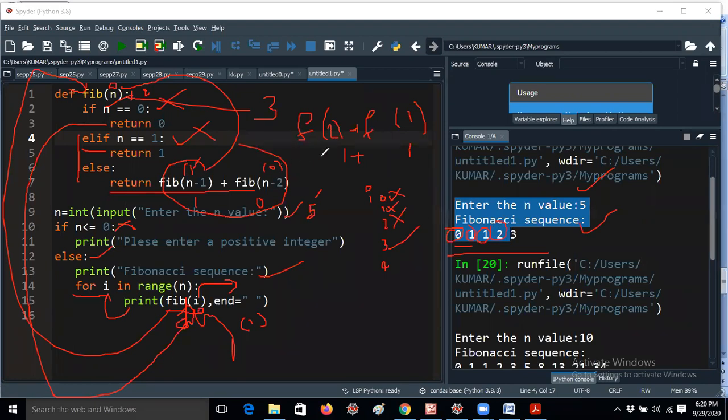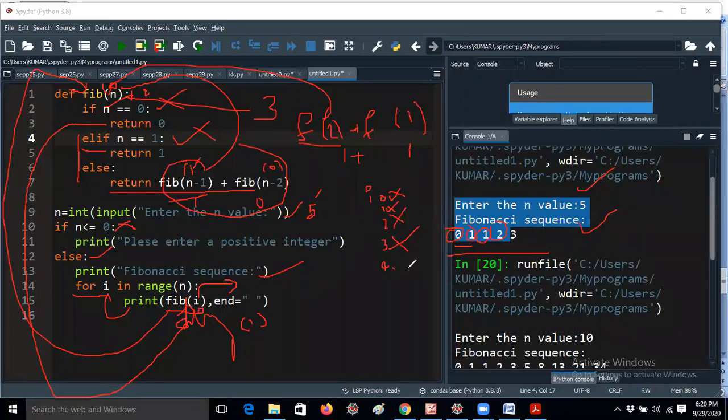I am not repeating it once again, because for fib of 2, the value 2 will again be allotted to n. 2 equal to 0, 2 equal to 1 will be checked. Then fib of 2 minus 1 is fib of 1, and fib of 2 minus 2 is fib of 0. That means 1 plus 0 is 1 only. It will work like that. That's why it is called recursion: a function executing itself. You should understand carefully. So this is the way the program will work, guys.